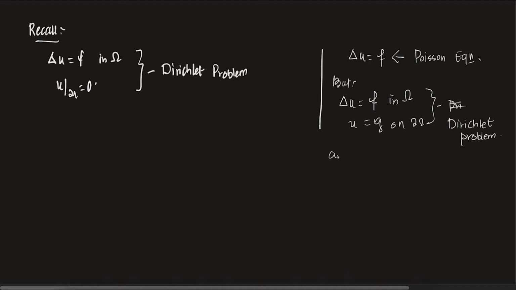Now, you can also have this kind of problem, and the method which I'm showing, you can modify to deal with this sort of problem also. Del u del eta, where eta is the outward normal at every point on the boundary, is equal to g on del omega. If the data is given on the partial derivative and not on u, then this problem is called a Neumann problem.